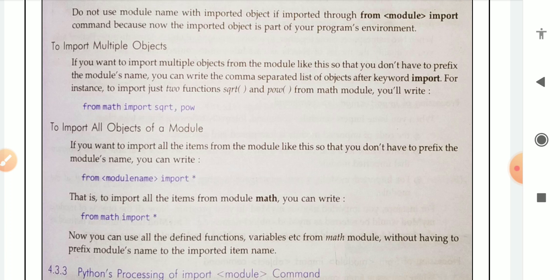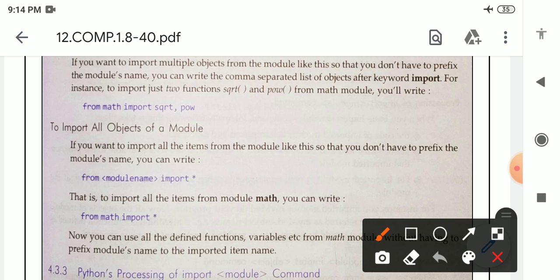For instance, to import just two functions, sqrt and pow, from the math module, you will write, because previously we were importing only a single object from a module, but now we have to import multiple objects.